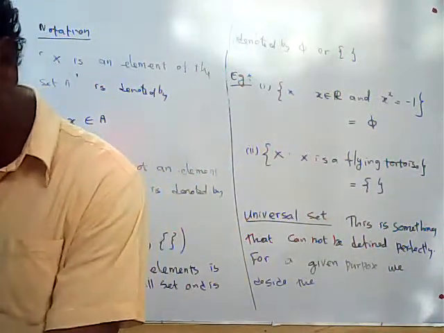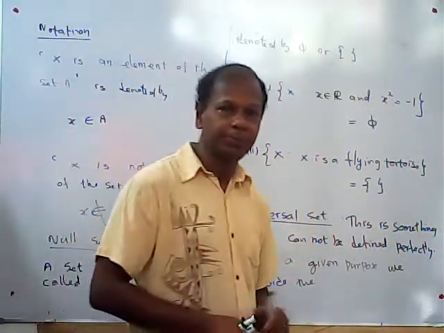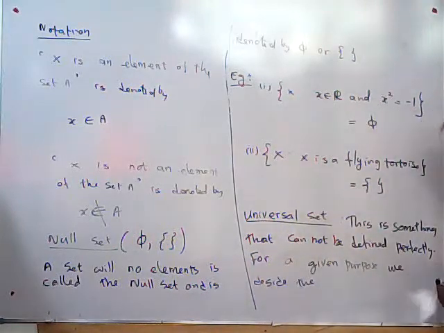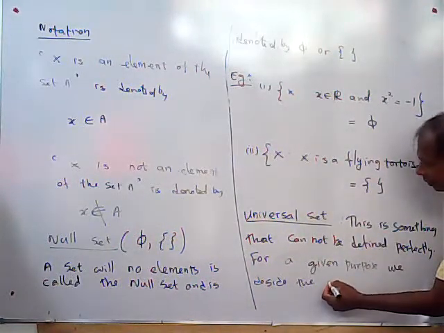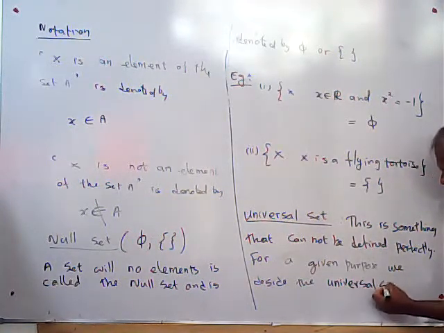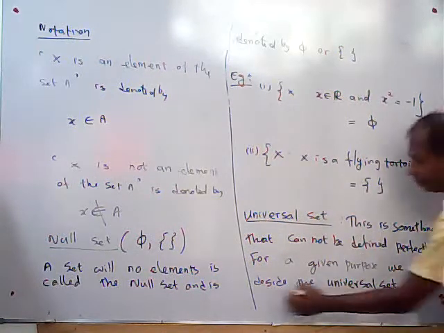Let's just say it generally, right? Set of all the elements in consideration for the particular purpose. For a given purpose, we decide the universal set as the set of